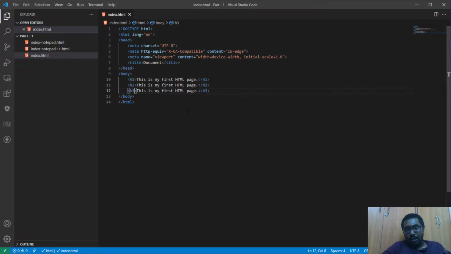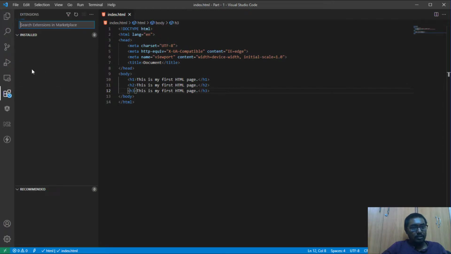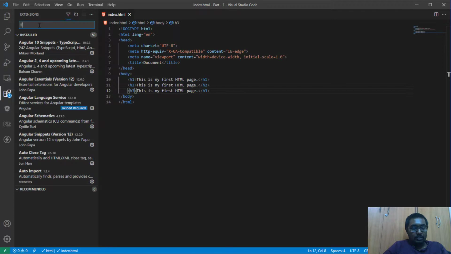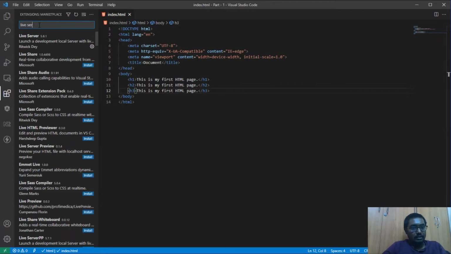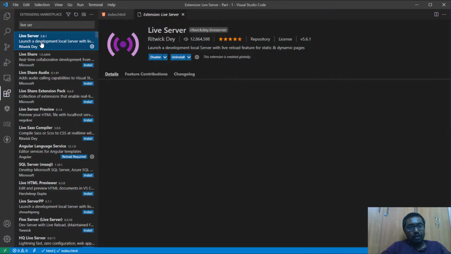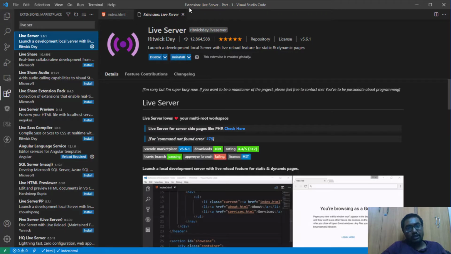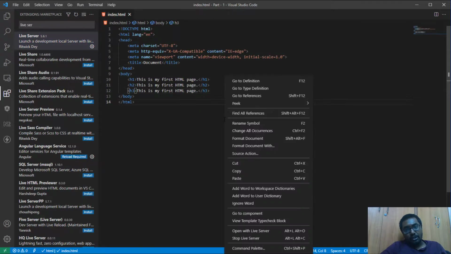So here you go. You also have an option called Live Server. If you go to Extensions and search for Live Server, I have it already installed, so you can install it too. The beauty of Live Server is that you just right click and open with Live Server.